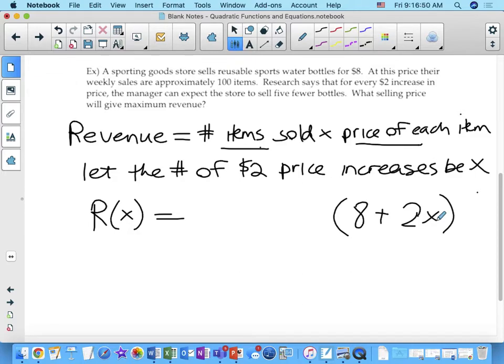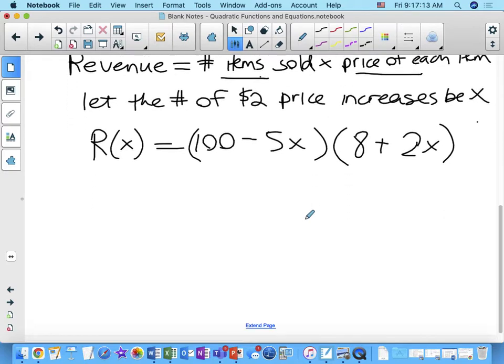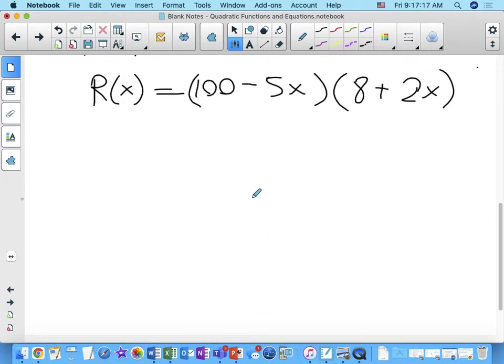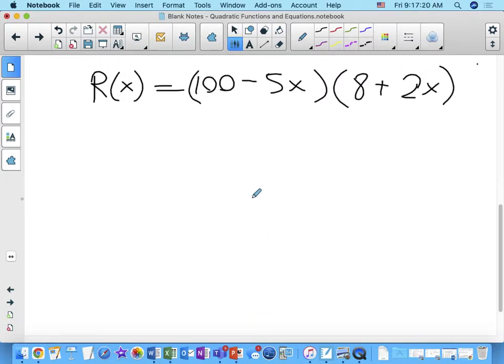95. What about if I did 2? 90. So every time I do a price increase, this guy starts at 100, but it goes down by the number of times I do that price increase. Okay? So this is our function. Now, if we expand this and put this into standard form, this is not in standard form right now. It's in factored form. Okay, so I'm going to expand it, which means I have to multiply these out